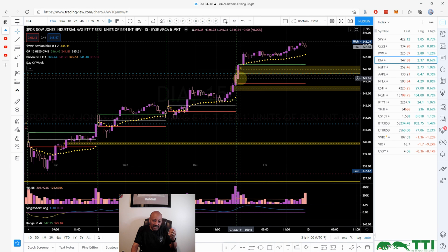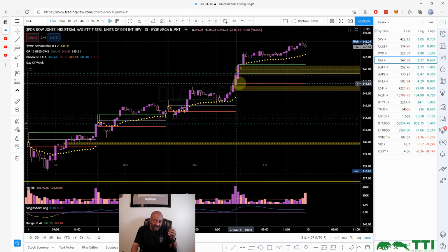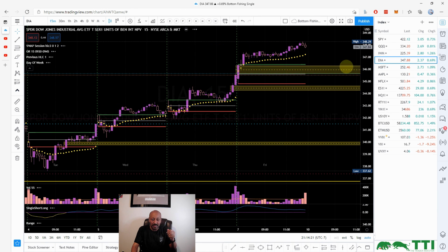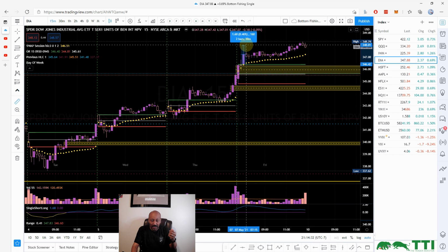it didn't have a lot of going down and reversing, right? This wick was a short wick, so when I saw in the SPYs a much longer wick, I just felt like the bulls were in much more control. They didn't want to let price go down, so I participated in the SPYs, but participating in the diamonds would have been equally profitable at the break of the 15 minutes, and price drove up